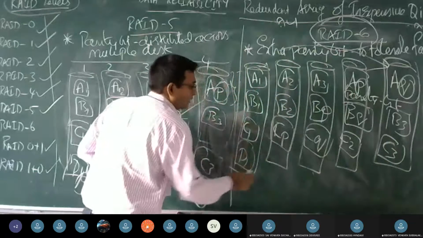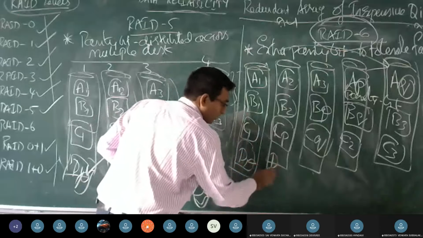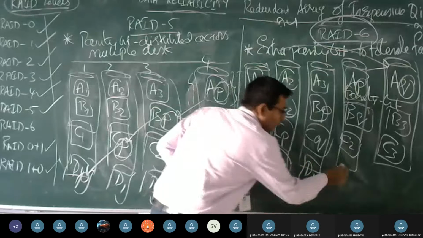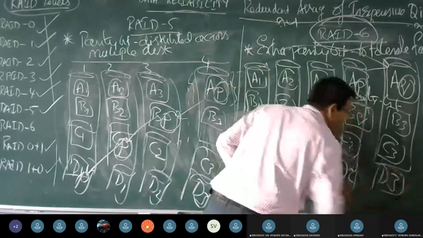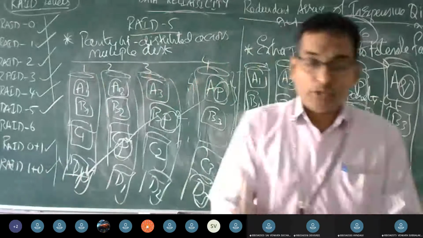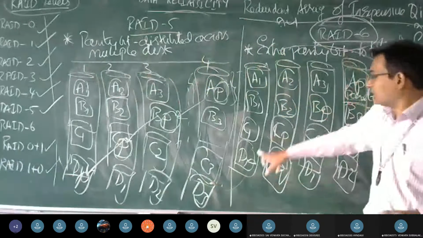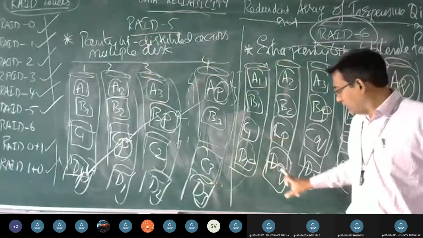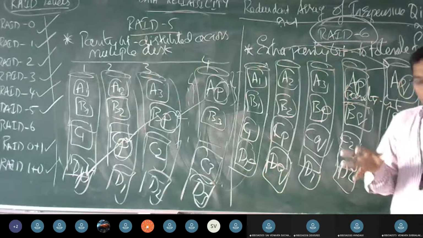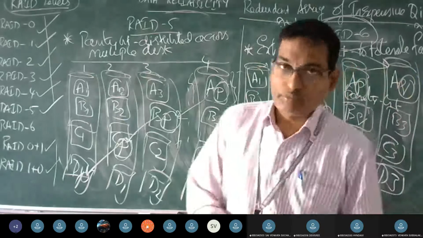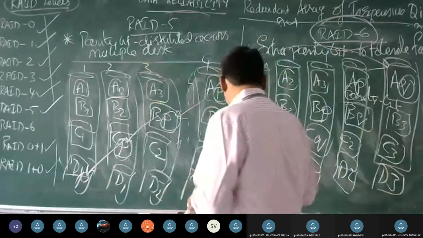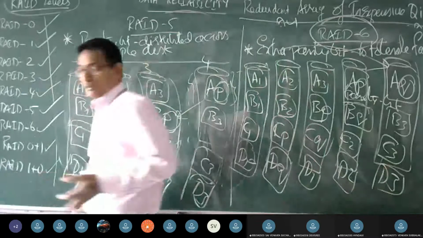Assume it is for D. So it is D1, DP, followed by DQ. Then we have D1, D2, and D3. Right? So DP is going to be a general parity, DQ is going to be an extra parity, and D1, D2, D3 are the core elements of the data. This is all regarding data reliability.